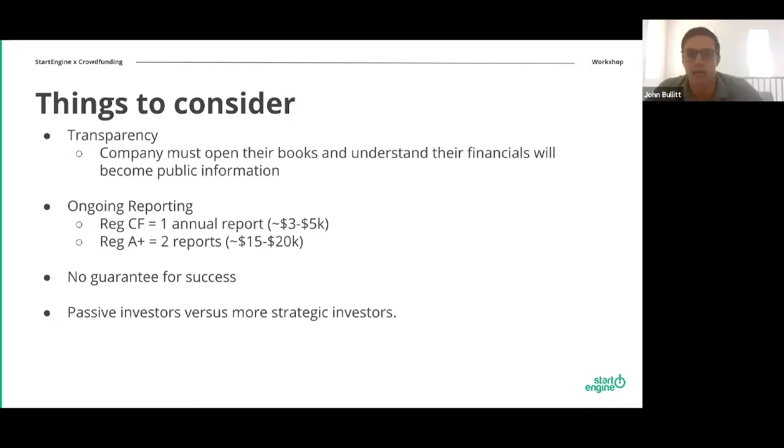And then finally, the passive investors versus the more strategic investors. This is what I was talking about earlier, in the sense that you're not being pushed to get a strategic investor their returns. It is a little bit different as well, where instead of having one strategic investor with a lot of connections in your industry, you are getting these passive investors who maybe do have connections to their industry, they're just not necessarily as strong. Like Katie said, you're bringing on these investors as brand ambassadors. These are your best customers. They literally have skin in the game to see you be successful. So they will do everything that they can to make these connections for you, to drive that business forward, to increase the revenue for your business.